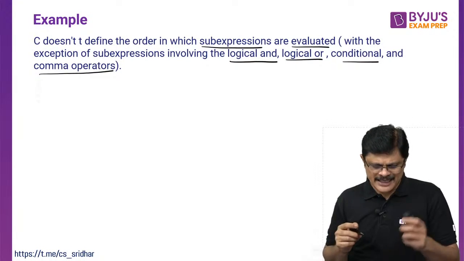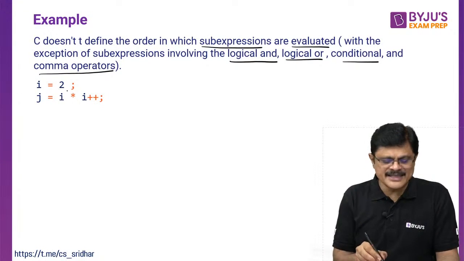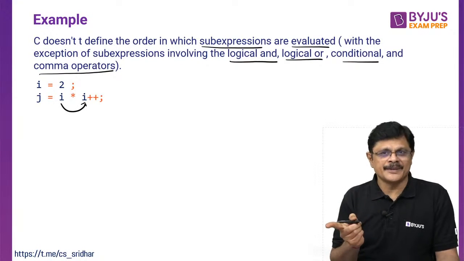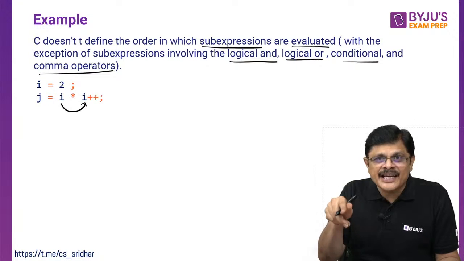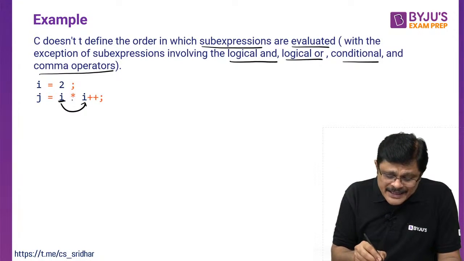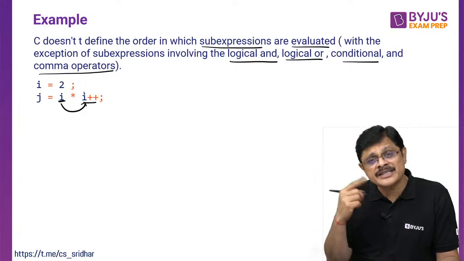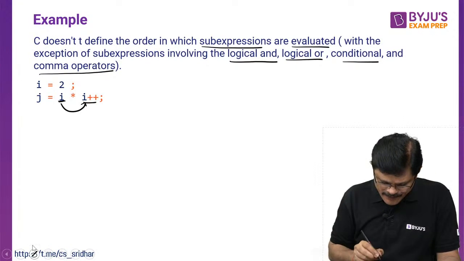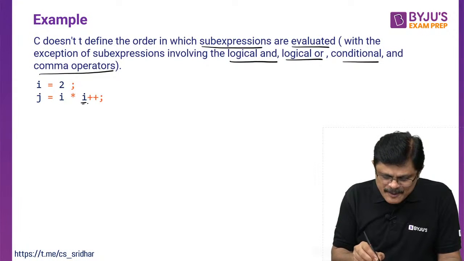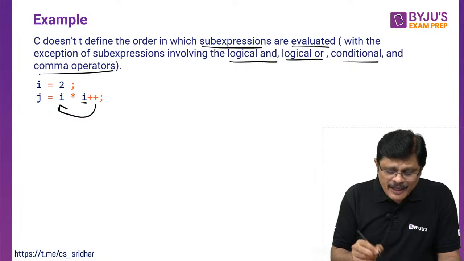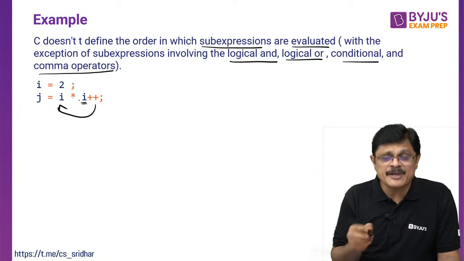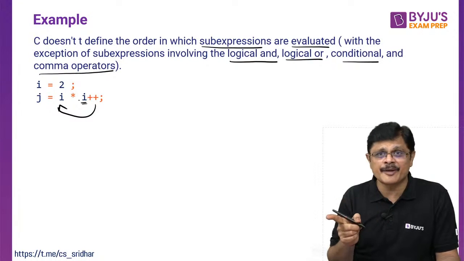Okay. So for example, if you have a problem like this, I is equal to 2. See, in the same expression, I and I plus plus, don't use it. It is changing and that you are using. We do not know whether first I is used, then it is changed, or first I is changed. See, for example, suppose first this particular part is evaluated, then it is changed, and the changed value may be used here. We do not know. So the order in which the sub-expressions are evaluated, C does not specify, my dear friends.